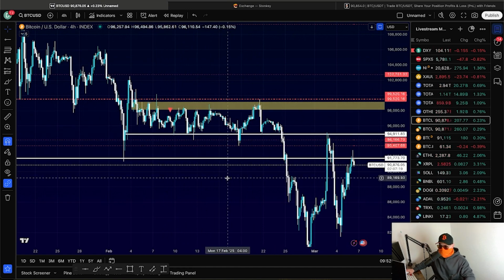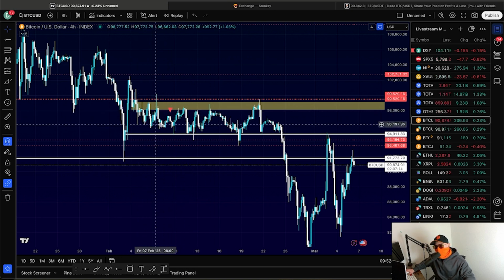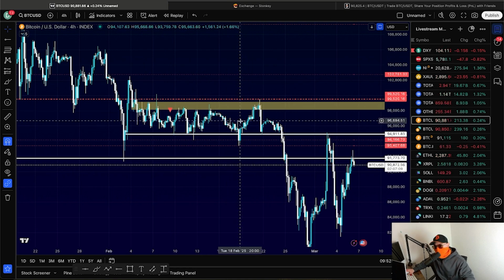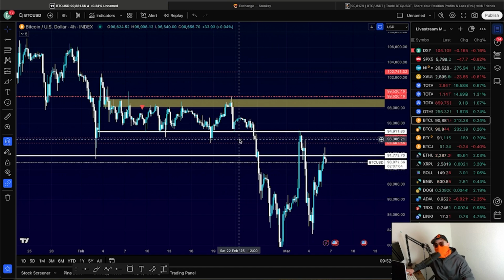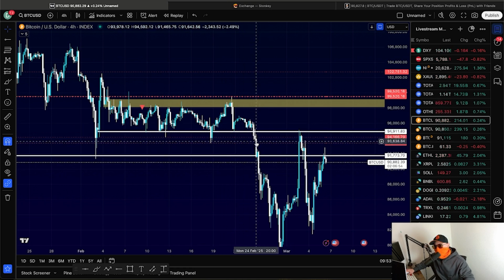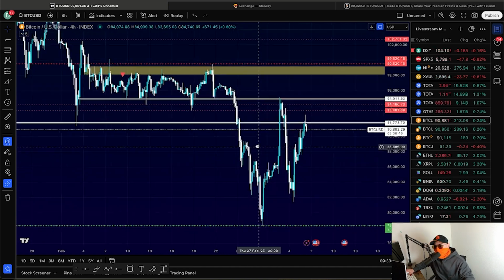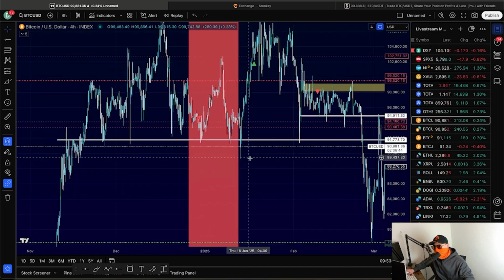Now, first things first, when you do get a period like this of several weeks of the price trading very compact and trading in a small trading range like this, you can expect there to be a big spike in volatility to come at some point. Obviously, we don't know when, but all you can do is prepare and be ready for it when it comes, such as obviously when price started to break out of this range, and then obviously we got a sharp sell-off. But then the most amount of volatility kicked in when we lost the entire previous trading range and the price